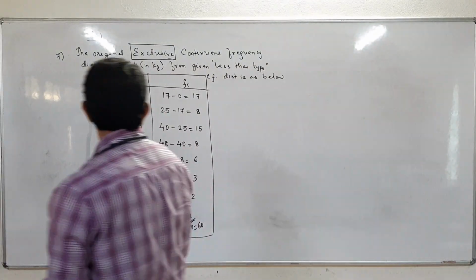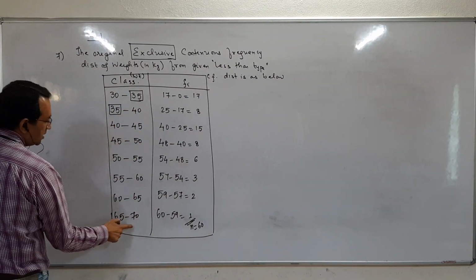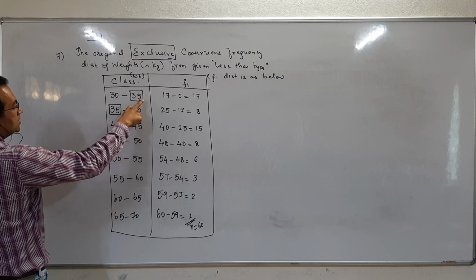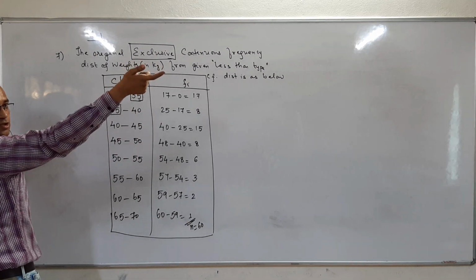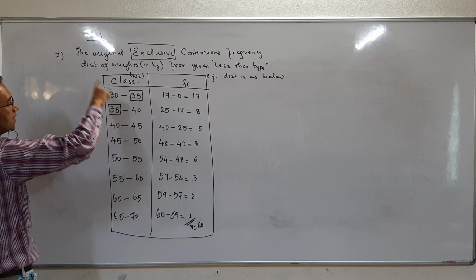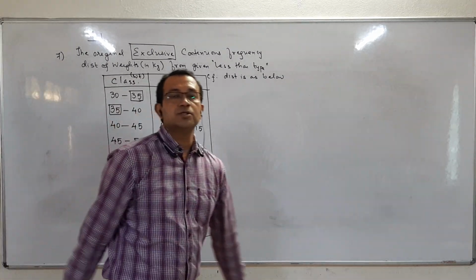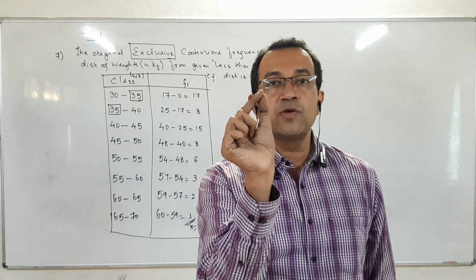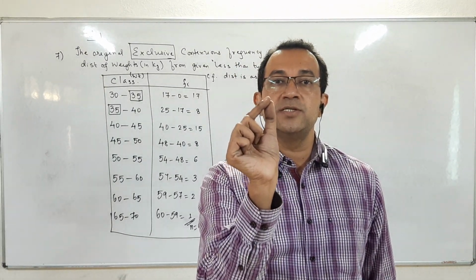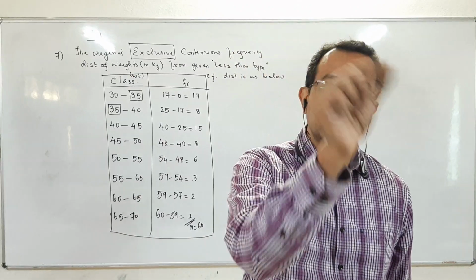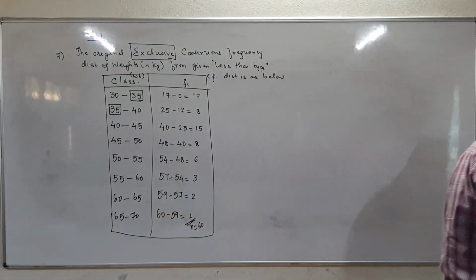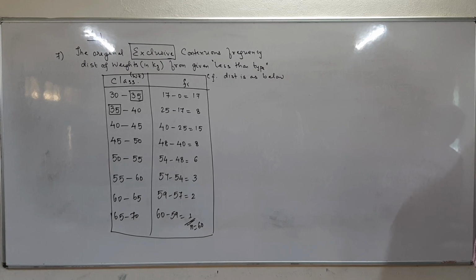And remember, in "less than" we use upper boundary points. For exclusive, boundary points and class limits are the same, but in the cumulative frequency distribution we start with the value before, and for that value the cumulative frequency is written 0. So the value for which the cumulative frequency is written 0 becomes the lower limit of the first class, and the value at which cumulative frequency is maximum, at 60, and that